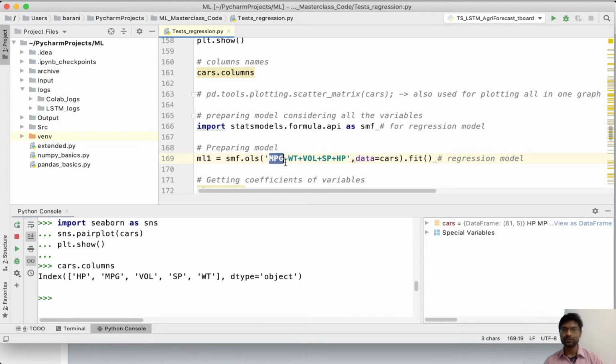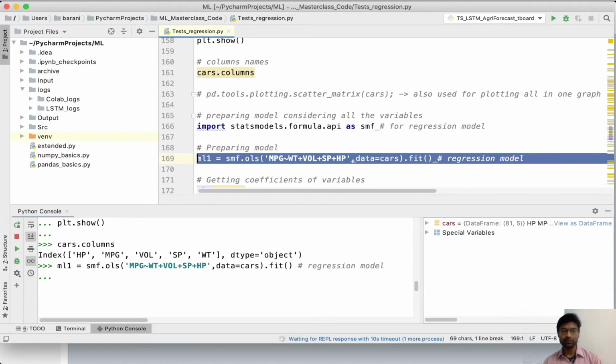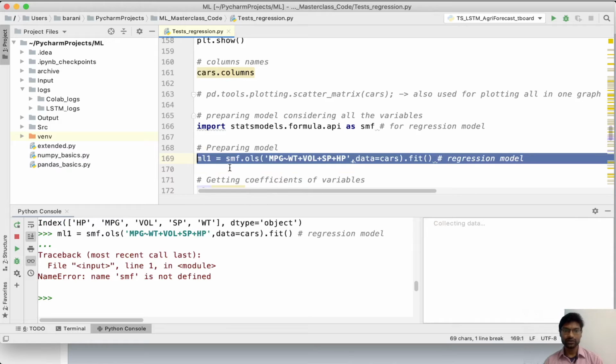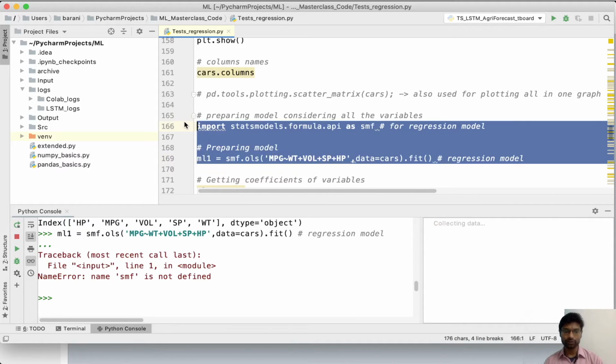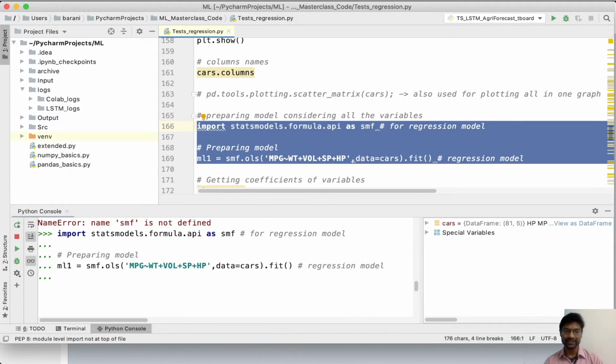So mileage is the output, the remaining 4 are the inputs, and the input data is the cars data frame dot fit. This produces my model ML1. Before that I need to import my library, so let me select that and execute it again.